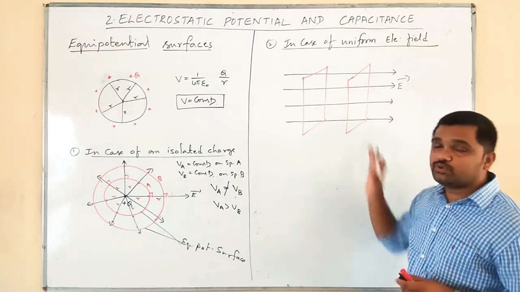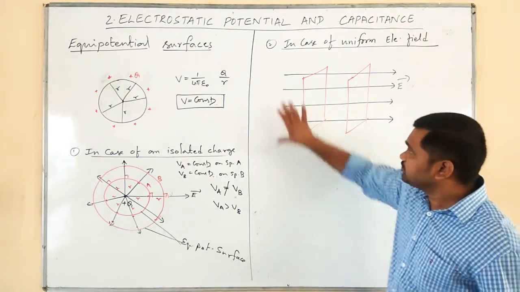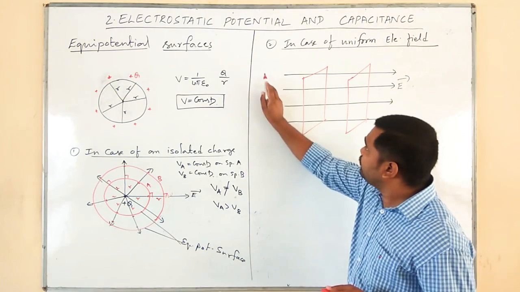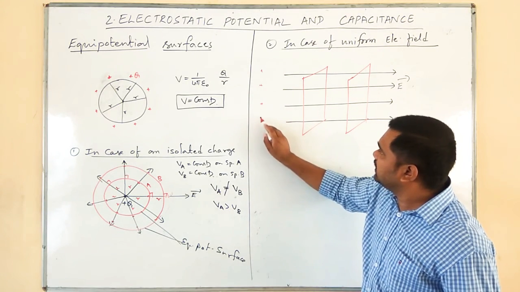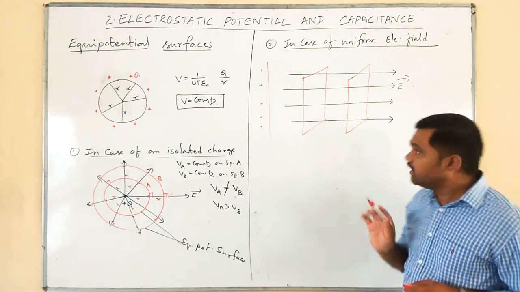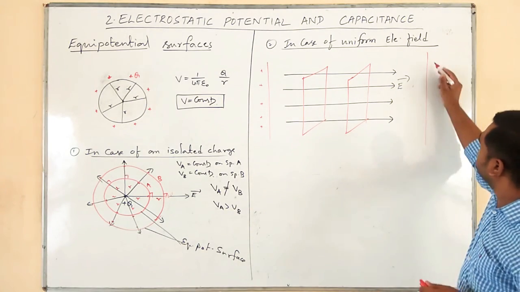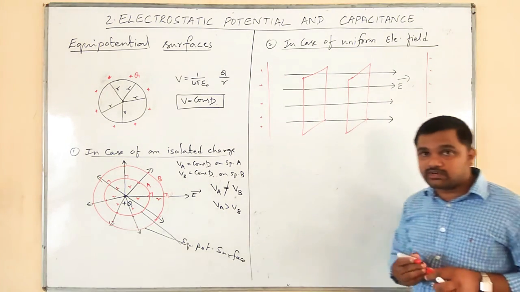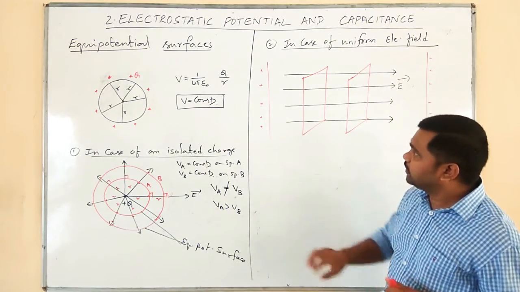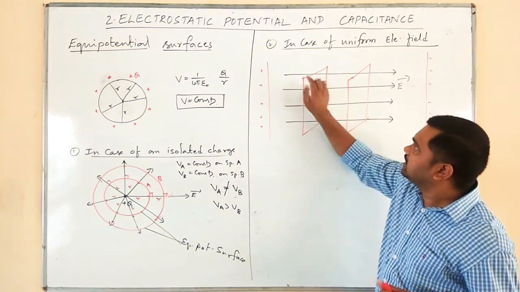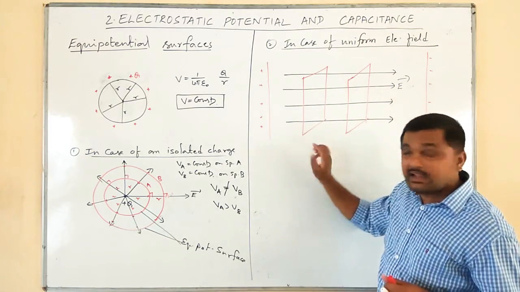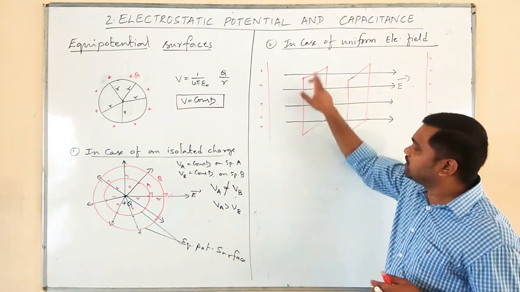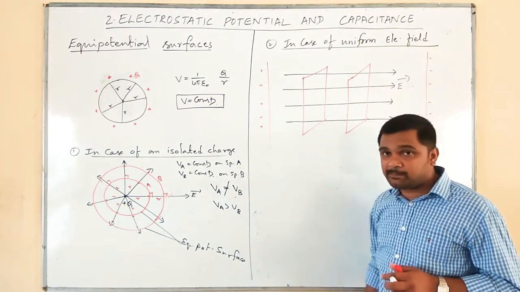Why, sir? Why do we have to draw like this? See, where are these electric field lines coming from? From positive charges. If you consider a positively charged plate here and a negatively charged plate here, electric field lines start from positive and go towards the negative, isn't it? Therefore, from this positive plate, this plane is at the same distance. It means each and every point on this plane or surface is at the same distance from this